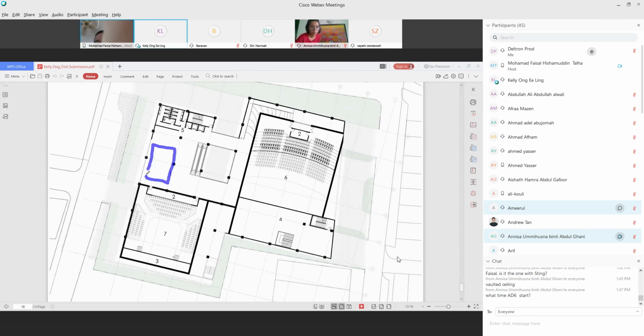Okay, what happened? It's not a void. You see from the top, it's like a void. Here, there's a multi-purpose space.